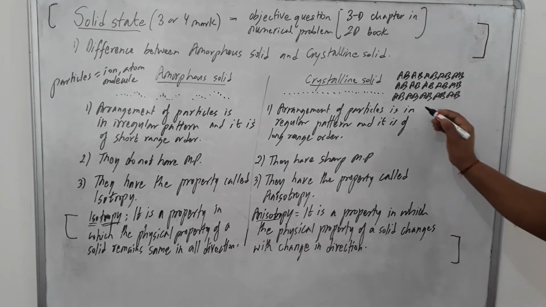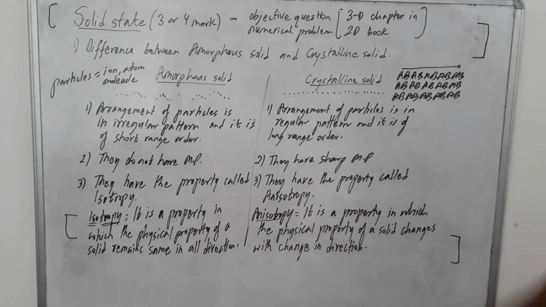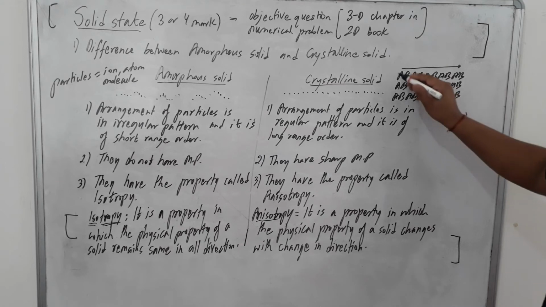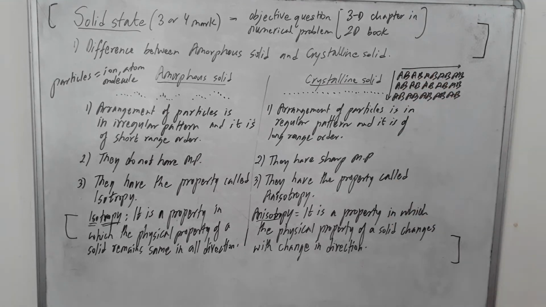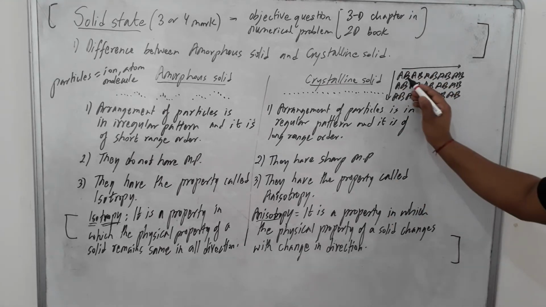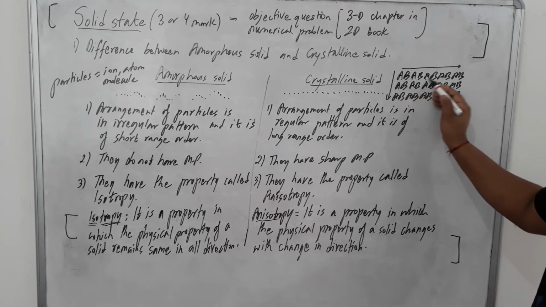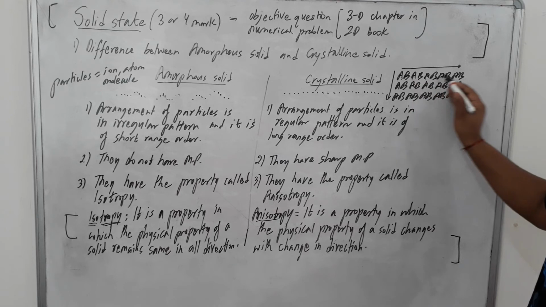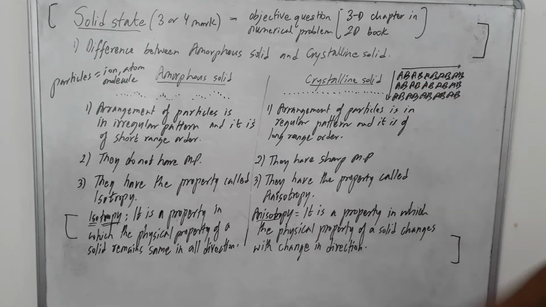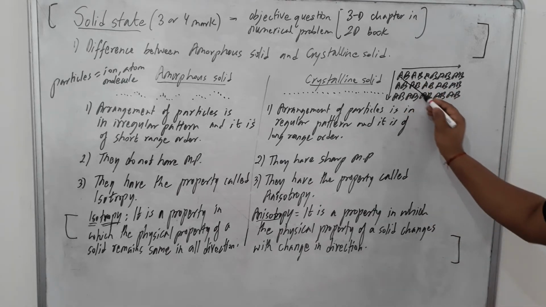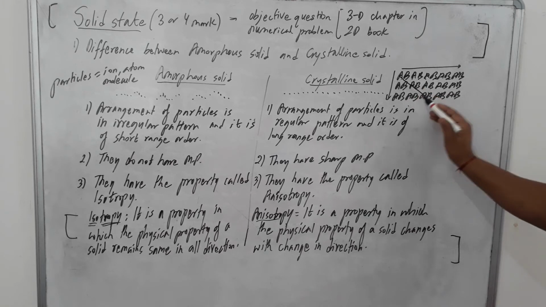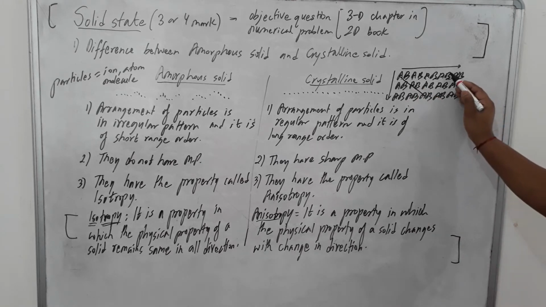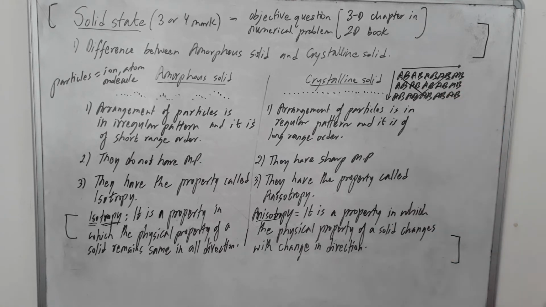So if you measure the physical property in this direction, AB, AB, AB, that is along the x-axis, and if you measure along this axis, that is the y-axis, it is not the same. Why? Here the arrangement is alternating, AB, AB, AB, but here A is the same. So whatever property you get this side, you will not get the same property this side. Again, if you see diagonally, here the property remains the same, A, but if you see in this diagonal, the property is B, it will be different.